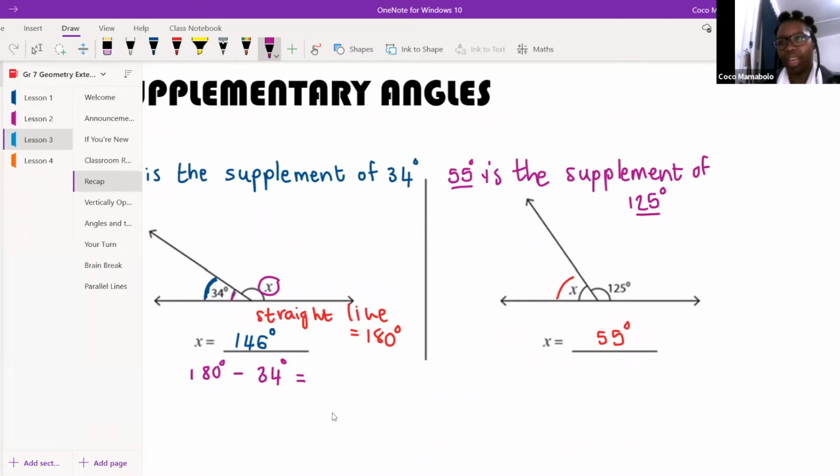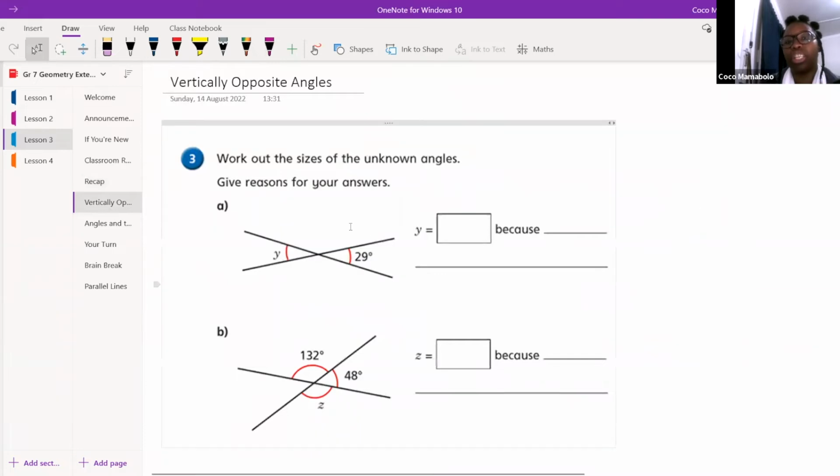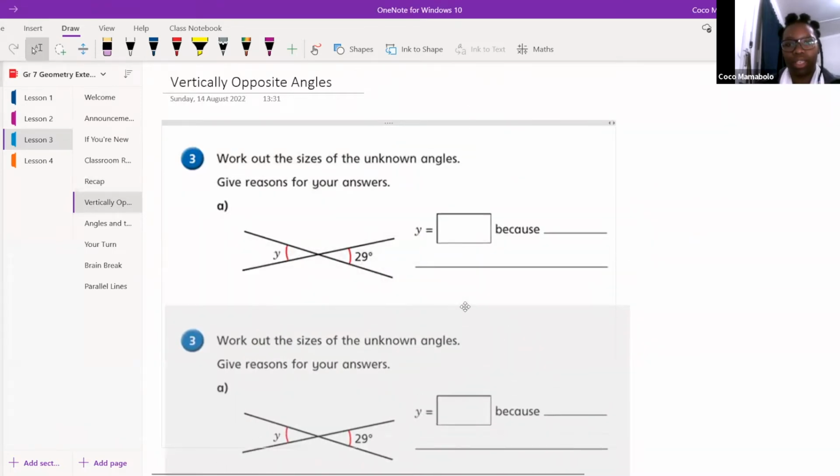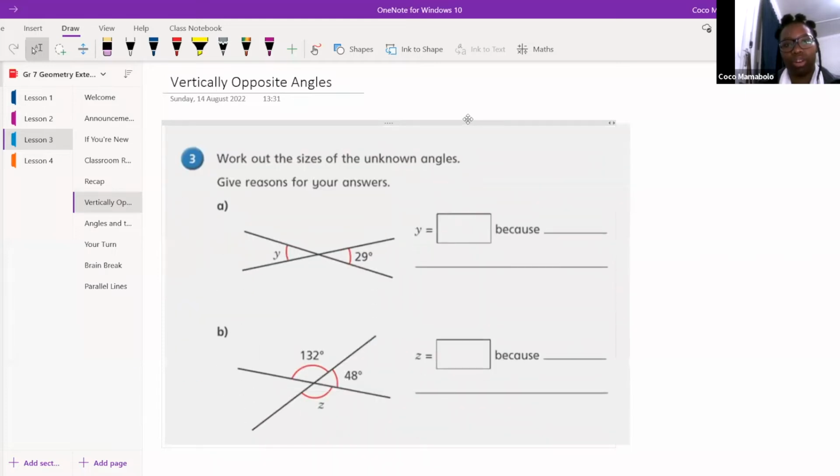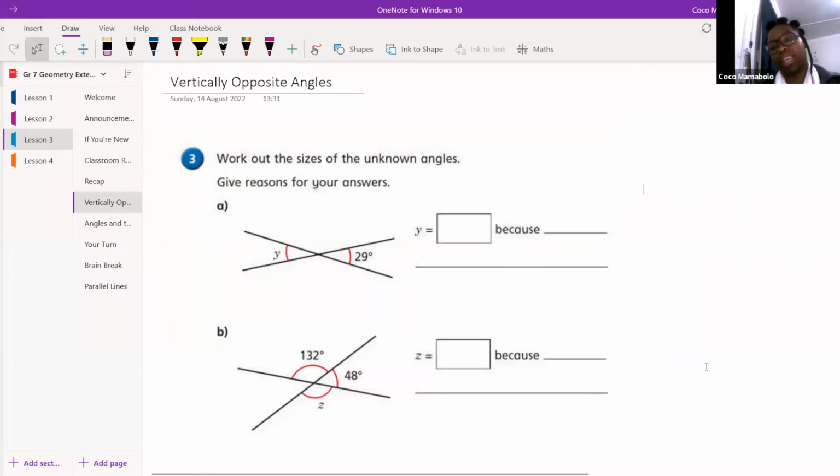All right. Maschaba, can I ask you to put your hand down for me for just 1 second? We're going to learn something new today. We're going to learn about vertically opposite angles. Let's use this. All right, so vertically opposite angles work in a way that the angles that are between two